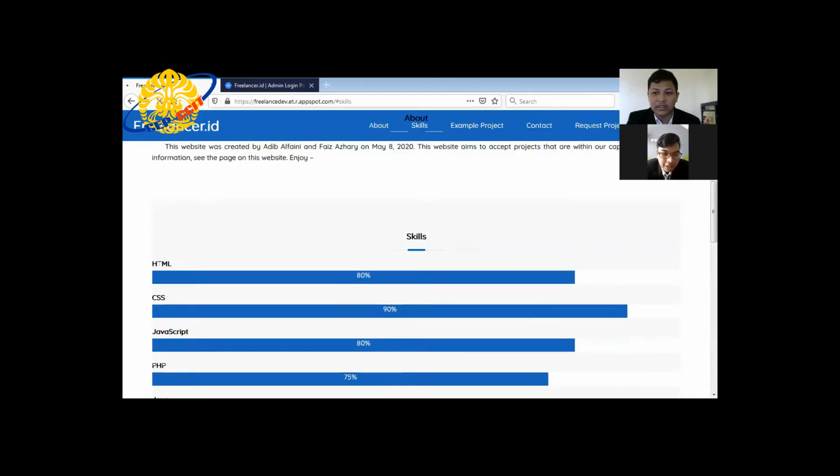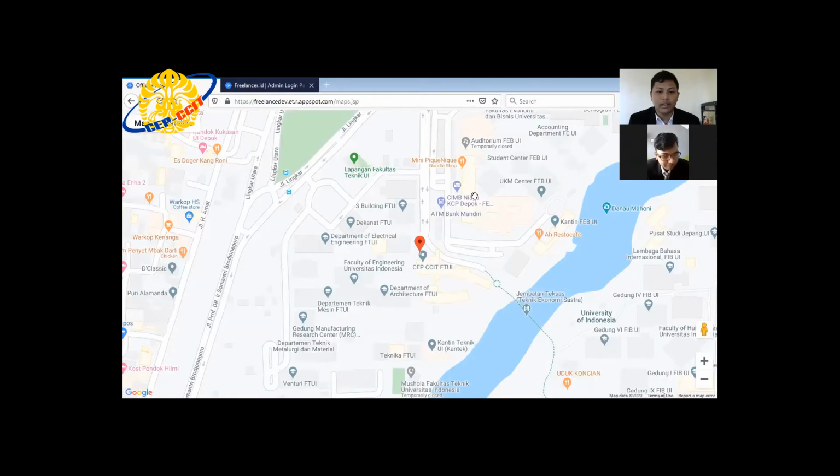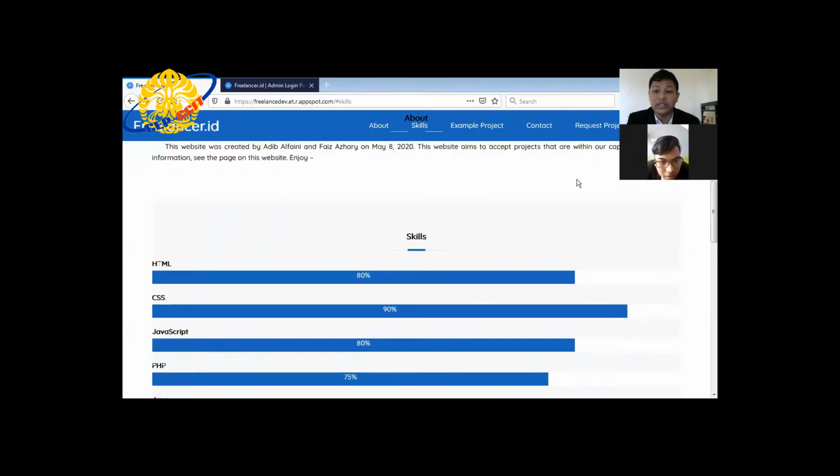Our location is using the Maps API, and the real-time database and authentication login for this. In this Maps API, we use a marker for our office.